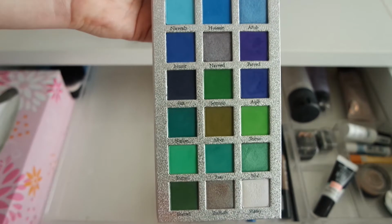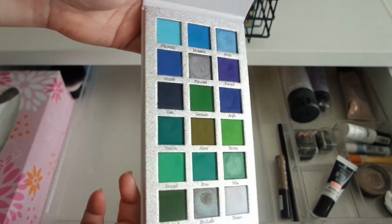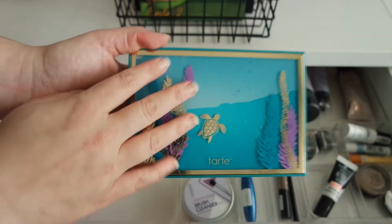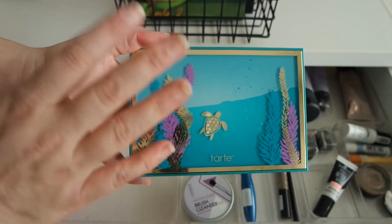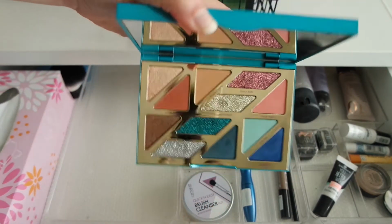It's got a couple of really interesting shimmers in here that are more duochrome, and I felt I could pull some really nice looks out of this, so very happy with that. Now, the reason there was a glitter primer in this desk was because of this. The Tarte High Tides and Good Vibes